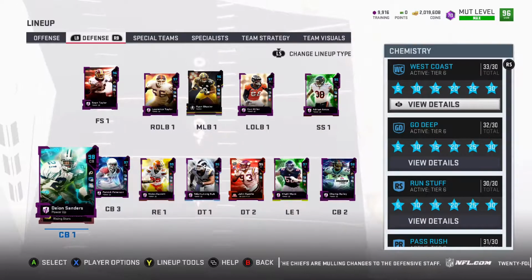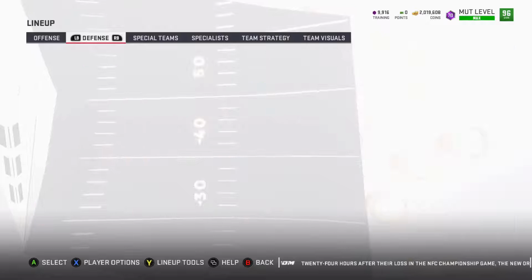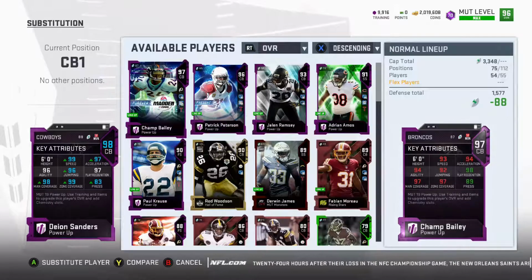In the number one cornerback spot, the cornerback everyone needs to have, Deion Sanders. He is just an absolute phenom at shutting people down with the extra chems and the Redskins pass defense chem. I am able to get him up to a 98 overall. When I get the next Madden passing D chem, I will be able to get him up to the 99